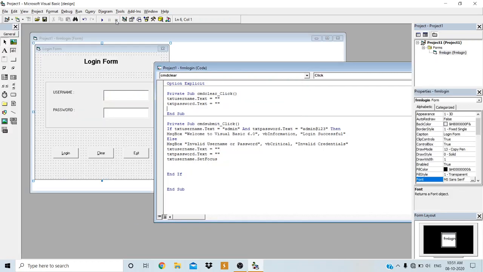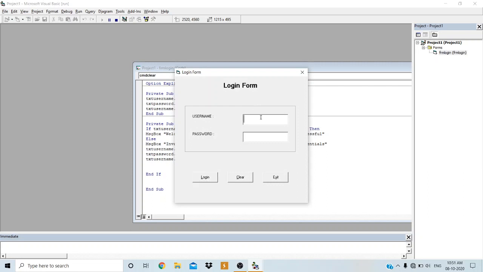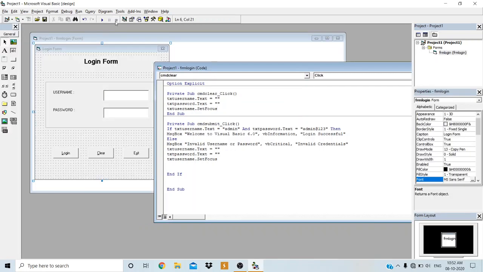So we can write the code for the first text box, the SetFocus method, txtUsername.SetFocus. Now you can observe here, clear. See, both the text boxes are cleared and the focus is on the first text box. This is about the second command button code.